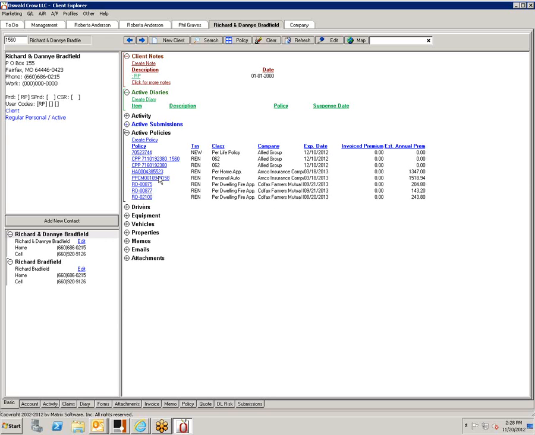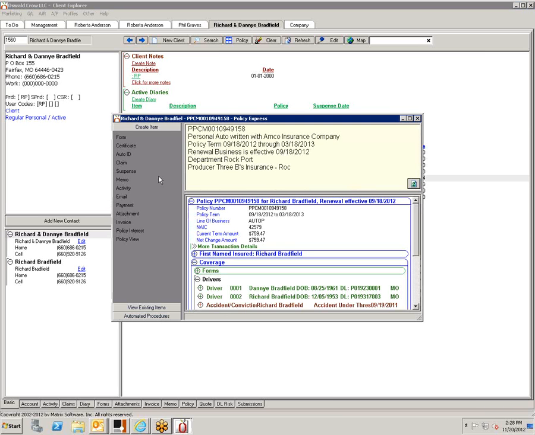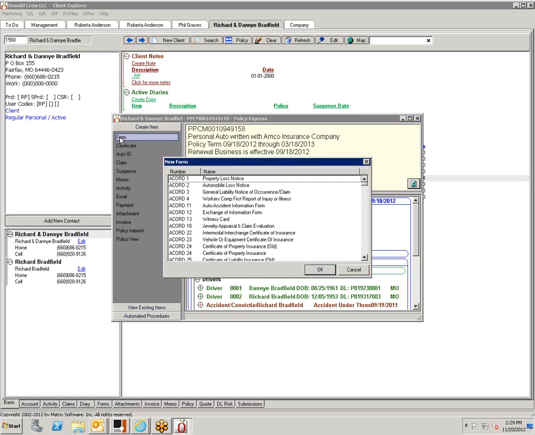All right. So here is your workflow area. One of the rules is that you have to have a policy in our system to access any kind of Accord forms. Mike, do you use Accord forms? Yeah, I do occasionally. Our system has most of the Accord forms. The other day somebody wanted a crime application, and apparently there's a newer edition than we have. All he has to do is contact our support, tell them the edition date, and they will contact Accord and get it into this list.